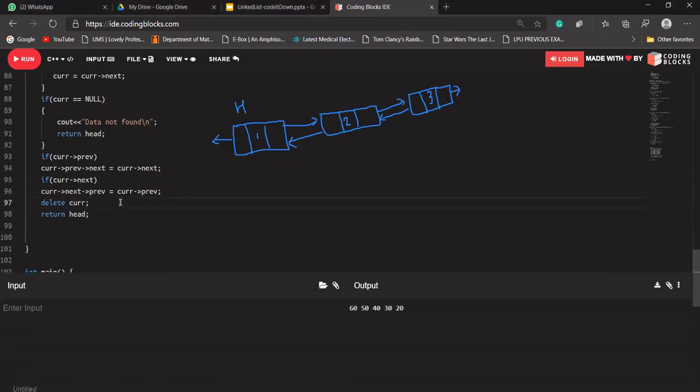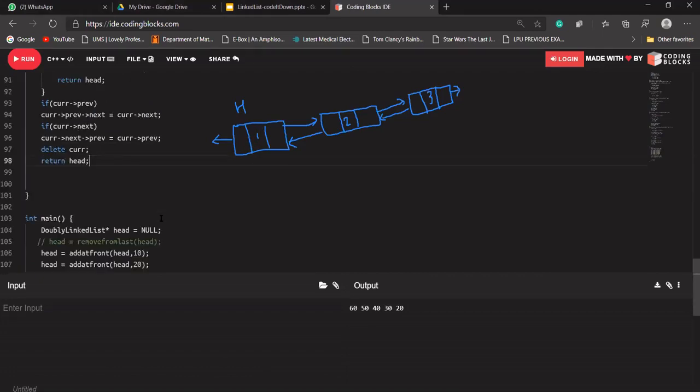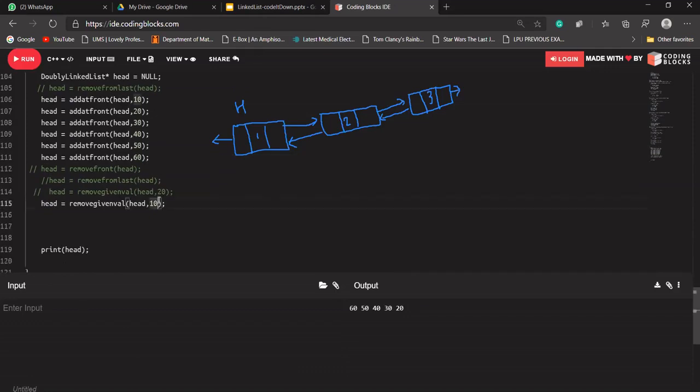Suppose what if I'm deleting the first node? If we're deleting this one and we are returning head, let's try to delete 60 here. If we try to delete 60 here, what will this do?